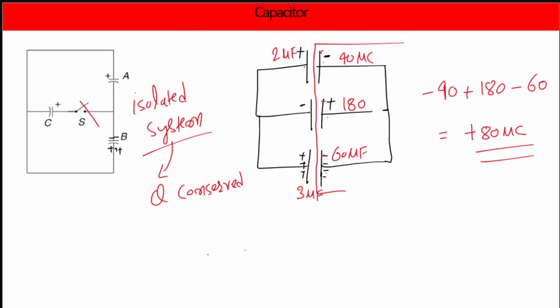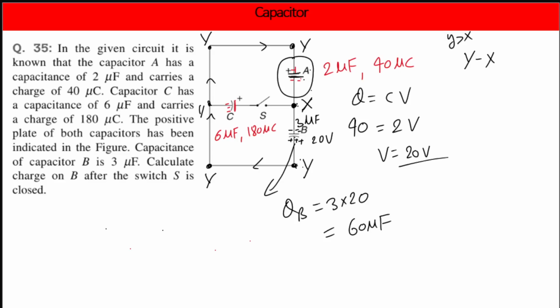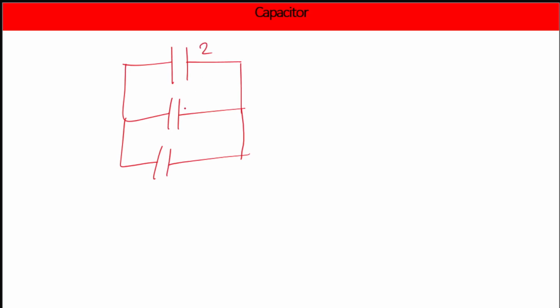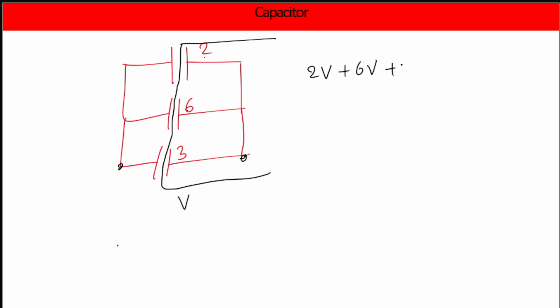So capacitance ध्यान से लिखने दो मुझे, that is 2, 6 and 3, right? So this is your 2, this is 6, this is 3, all in microfarad unit. ठीक है? अब आप देखो, all these three are in parallel. So let's say their potential difference is V across all. So in that case, what will be the charge on this system finally after the connection is made? Let's say this is 2V, and upon this it will be 6V, and upon this it will be 3V, and this has to be equal to 80.